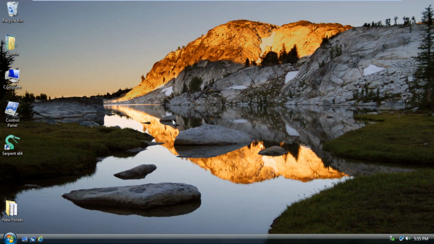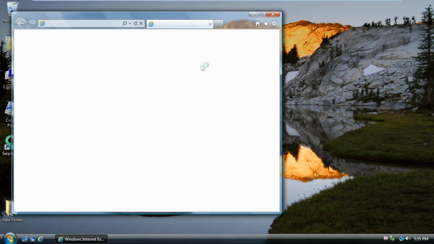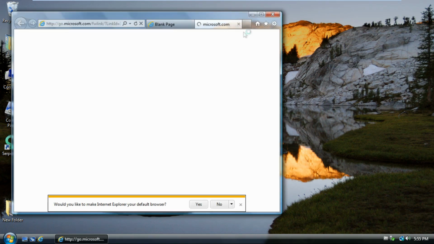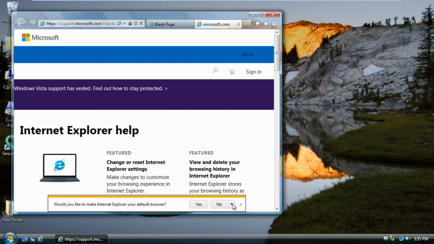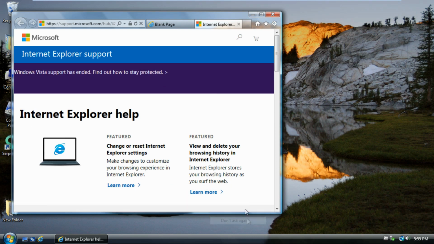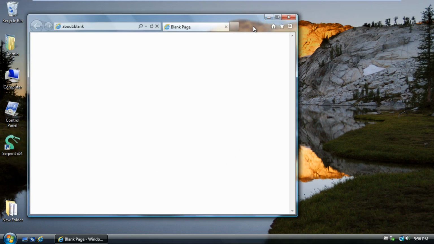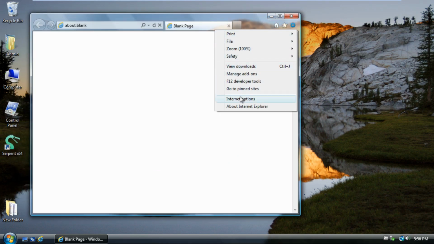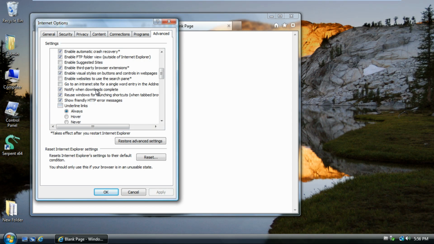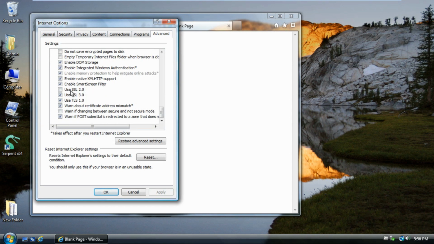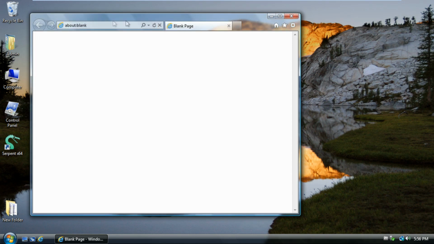Okay, so the system just restarted, and I will show you just to confirm that the update did not automatically add support, or it didn't automatically enable TLS 1.1 and 1.2 in IE9. And no, we do not want to make Internet Explorer our default web browser. So we'll close out of that tab, and I'm going to show you, if I go here into Internet Options and go to the Advanced tab and scroll down here, as you can see, we only have SSL 2.0, 3.0, and then TLS 1.0. So let's say if you want to visit a website like Dell.com, for example,